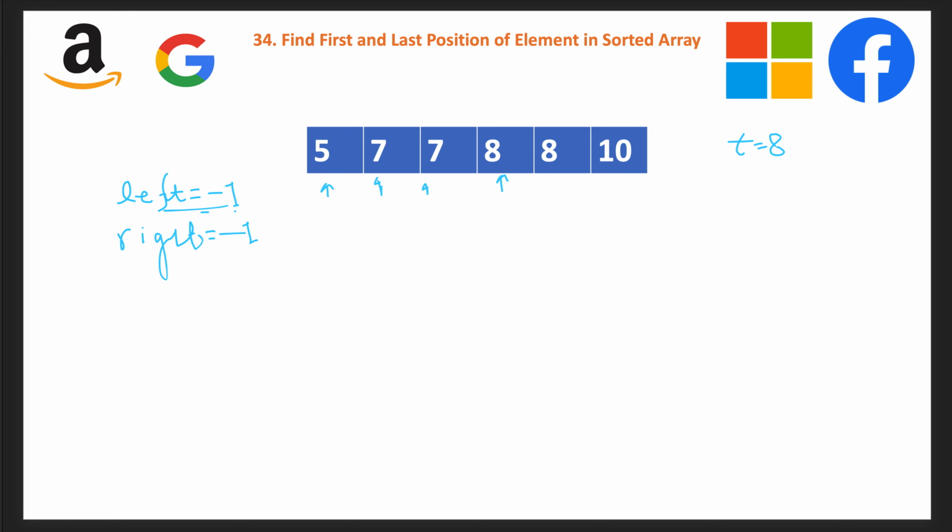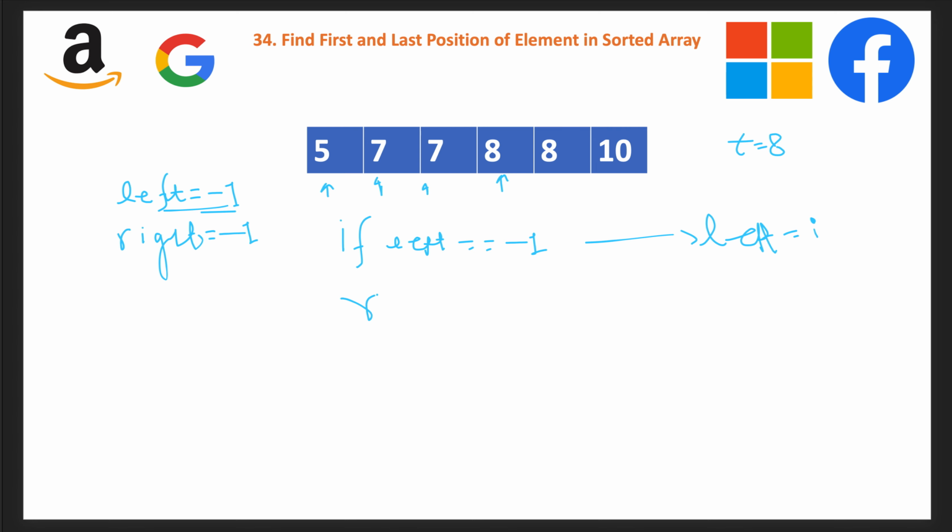we first check our left. We just need to update left only once, so that we keep the first one we found. So if left is equal to -1, then only update left to the current index. Let's say we are processing index i, we update left to i.